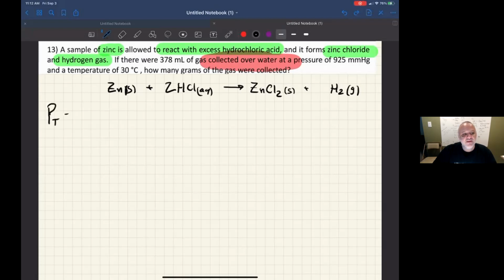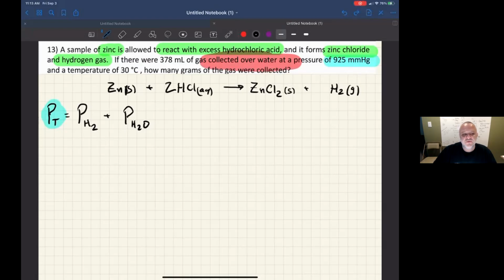The mixture is both water and hydrogen. And so that means that the total pressure